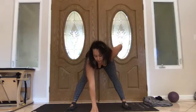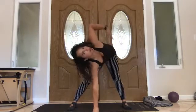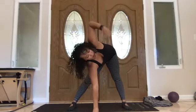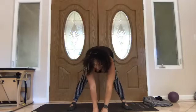Take an inhale. Exhale, bring your left hand down onto the chair, onto the couch, onto the table, wherever. Take your right hand up to the sky. Look past your right thumb. Exhale, bend the right elbow. Then bring the right hand to tap towards the left hand. Bend the elbow for 2,